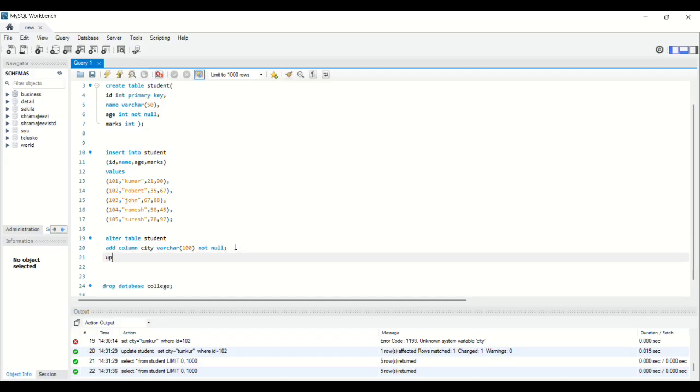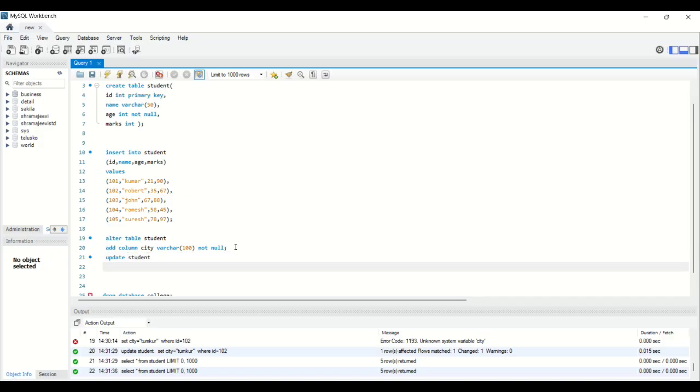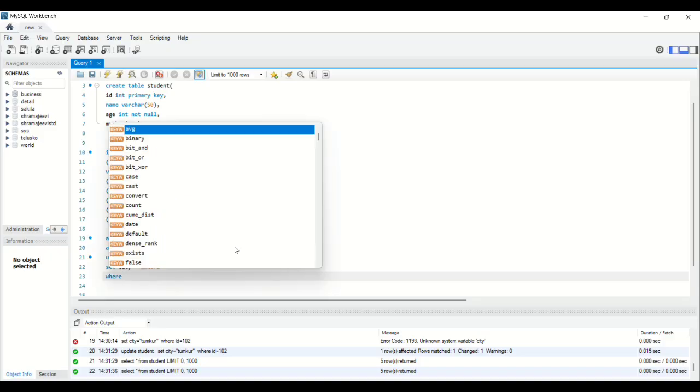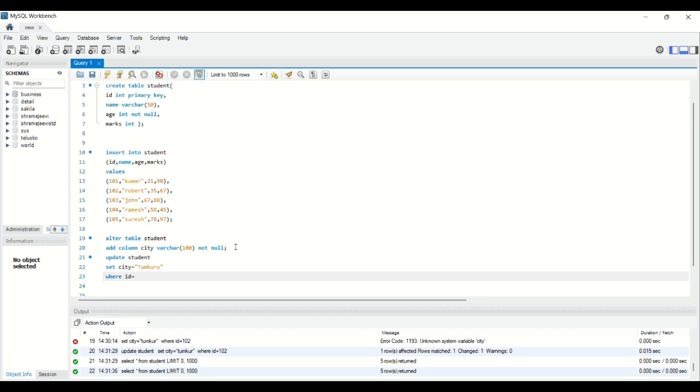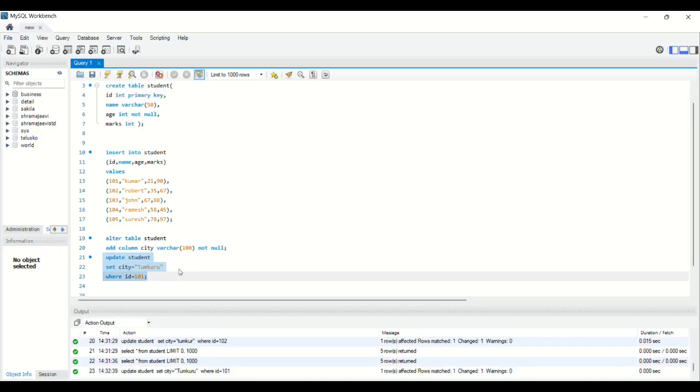For that, update, table name student. Update student, set city equals to, like, Tumkuru, where id equal to 101. Run this, then